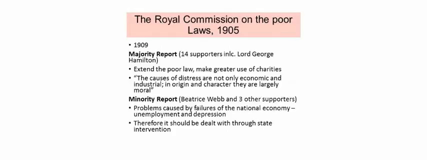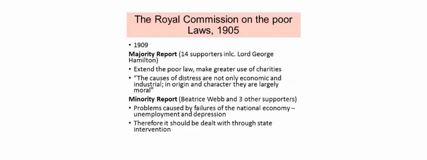They end up not agreeing on what the report is going to be. So then they have two reports: the majority report with 14 supporters, and the minority report with 4 supporters, including Beatrice Webb, and the other supporters are all socialists. The majority report is very standard, as we've been saying, and bearing in mind the Liberals are in the majority report. The poor law will be extended. It will therefore still be punitive. It will be greater, okay,